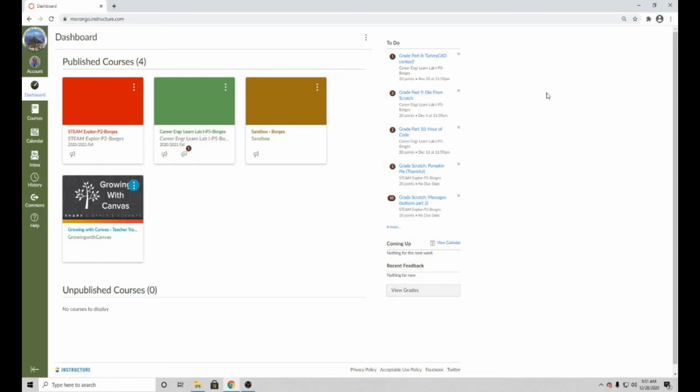Hi everybody, in this next section we're going to be talking about Zoom, and to get into Zoom we start out in Canvas. So here we are back in Canvas, and we learned how to log into Canvas in the previous section. Here I have some fake courses, so you would click on the course that you are trying to attend. So in the example we talked about, it was February 17th in the morning, so it's getting close to